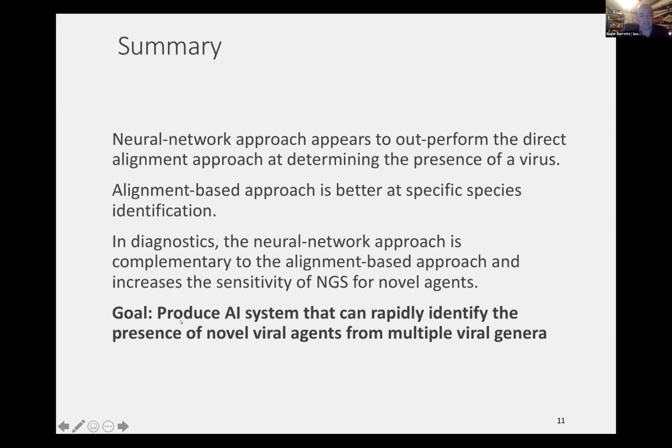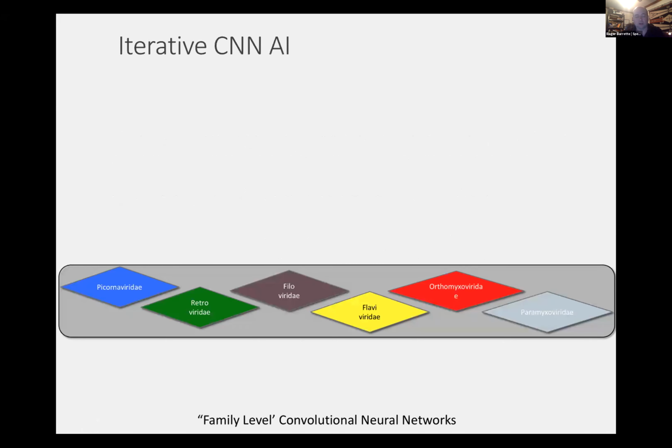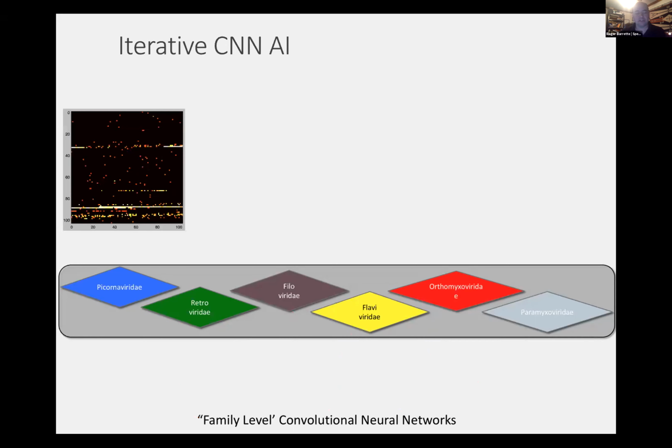parallel with. And so our goal is to produce an artificial or machine learning system that can rapidly identify the presence of novel viral agents with multiple viral genera. And so ultimately what we want is not just a single neural network model, but multiple neural network models that work in parallel, each one specialized for its either family or genera of viruses. So once you create that one image off of your raw sequence data, you're able to then have each